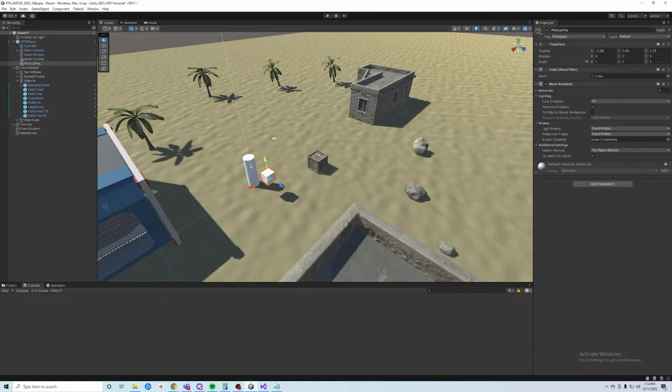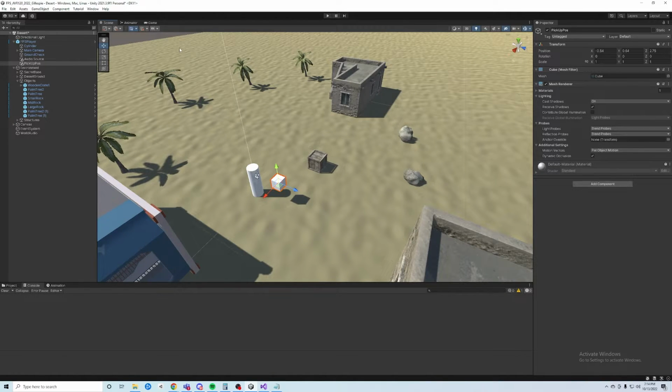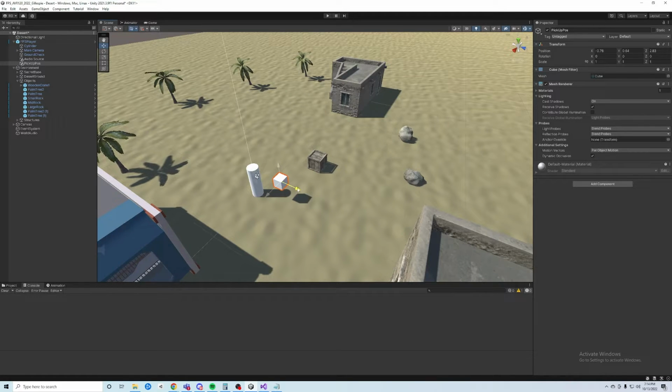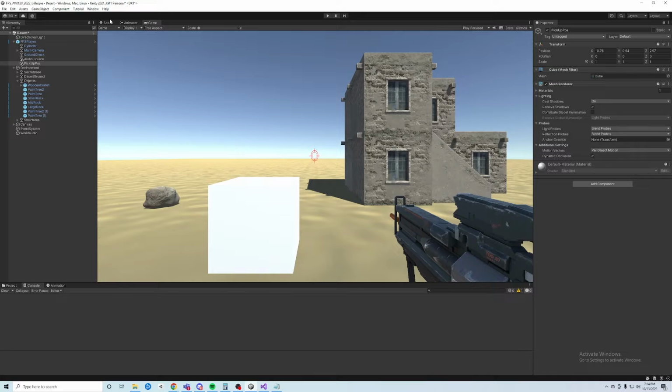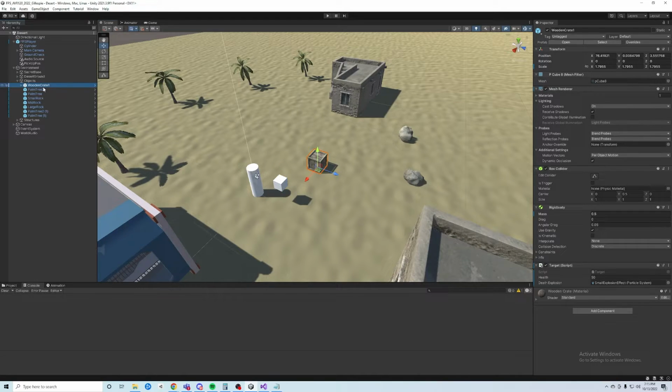I think I kind of like it over offset a little bit that way, so it's not in front of the gun. Okay. So we can kind of play with this all day. I think that's fine. Just get it to where it's kind of in front of your camera and makes sense positionally. So we'll save that, and we'll go onto our wooden crate, and we will go ahead and